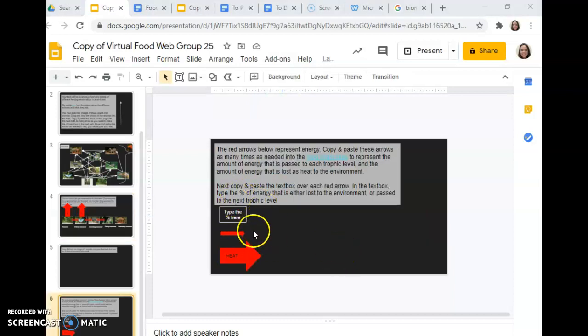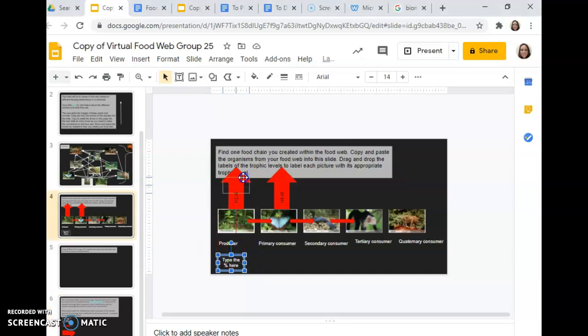Finally, you need to copy and paste this text box, and you're going to type the percentage of energy that is lost to the environment or passed to the next trophic level. So you have to label each red arrow with a text box that shows how much energy. I'm going to position it over my arrow so I can label it. And here would be 90% energy lost as heat. And then here in between would be 10%